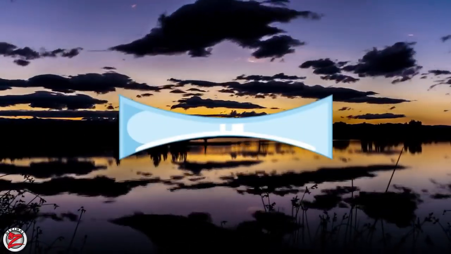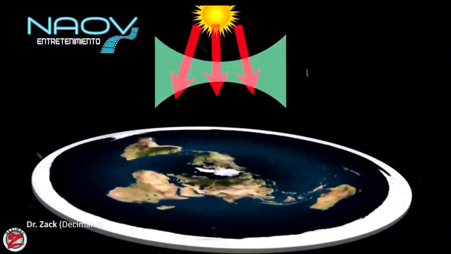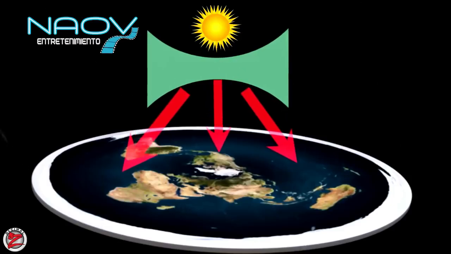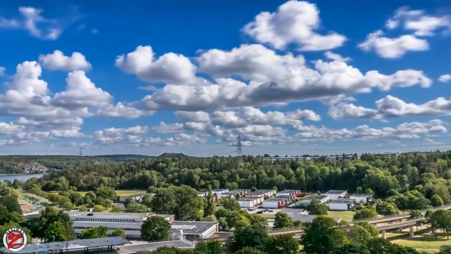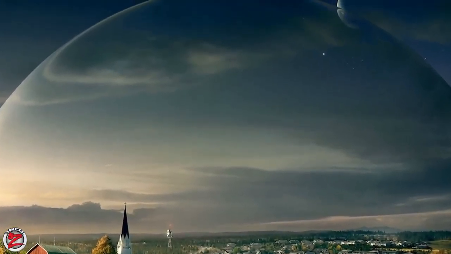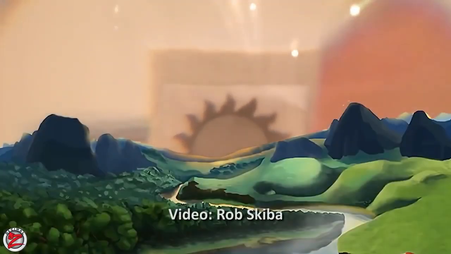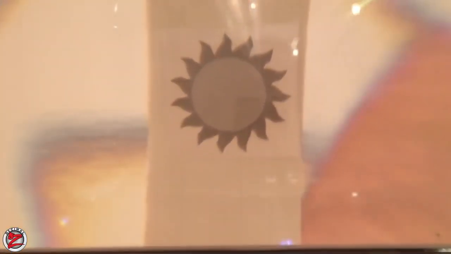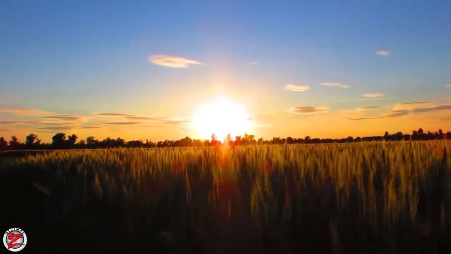The lens in the experiment is the atmosphere in reality. The atmosphere acts like a concave lens. How do we know this? There is a laser experiment that our team did which proves that the atmosphere makes light go upwards instead of downwards. Therefore, this theory must be taken into account. The atmosphere acts like a lens. A lens can make the sun go down like this experiment by Rob Skiba. If you want to understand this better, you can watch the videos about how the sun and the stars rise and set on the flat Earth.